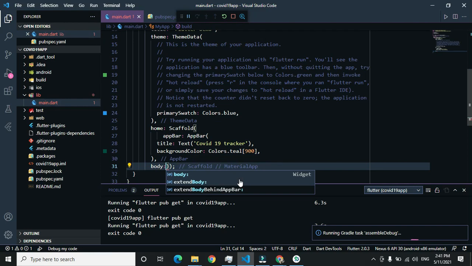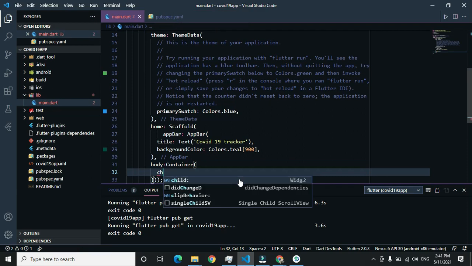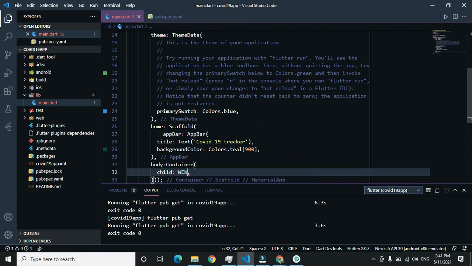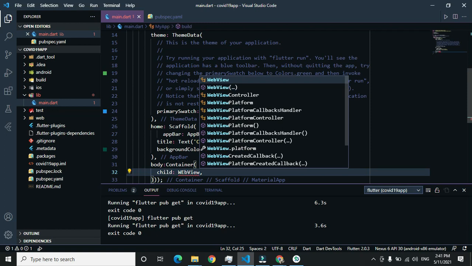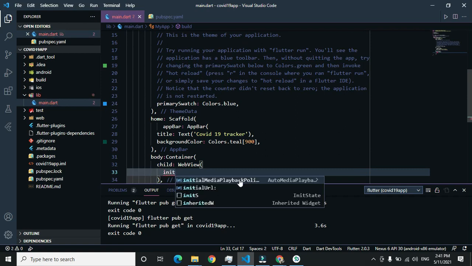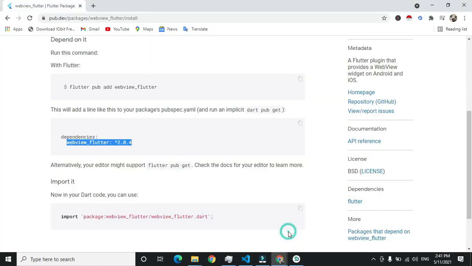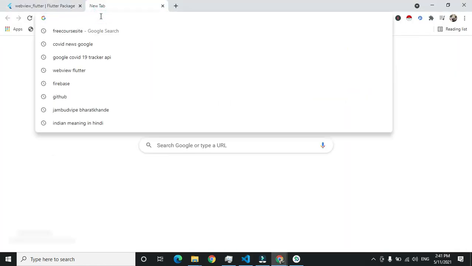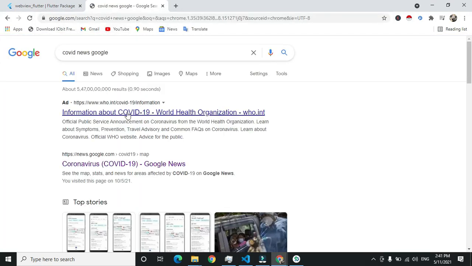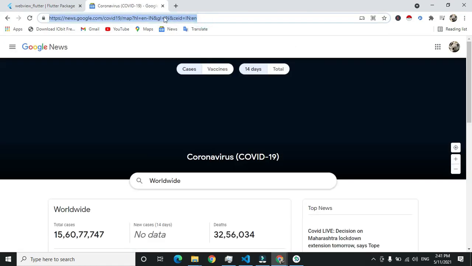As you write this child, after that, WebView, and below this, copy this URL link by searching for COVID 19 on Google. Then you can paste it there and wait for some time.